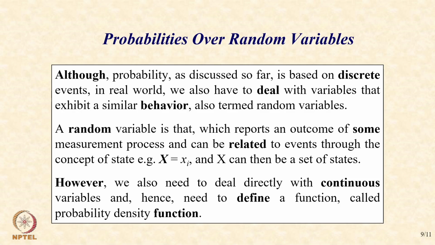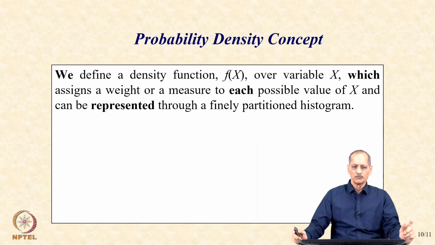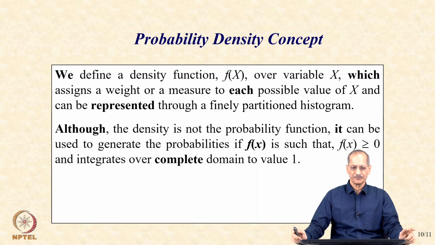In that case, we need to bring in an additional concept to understand random variables, and that is what we call the probability density function. So, we define this probability density function over variable x, which assigns a weight or a measure to each possible value of x and can be represented through a finely partitioned histogram. Although it is realized that the density is not the probability function itself, it can be used to generate probabilities of any event x